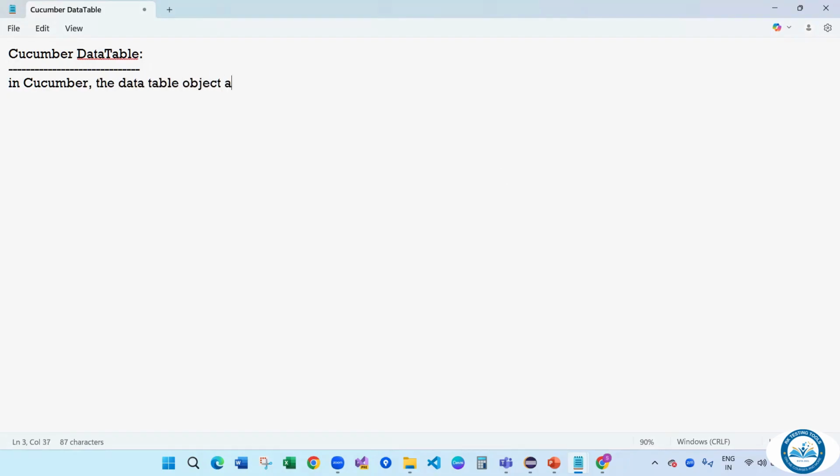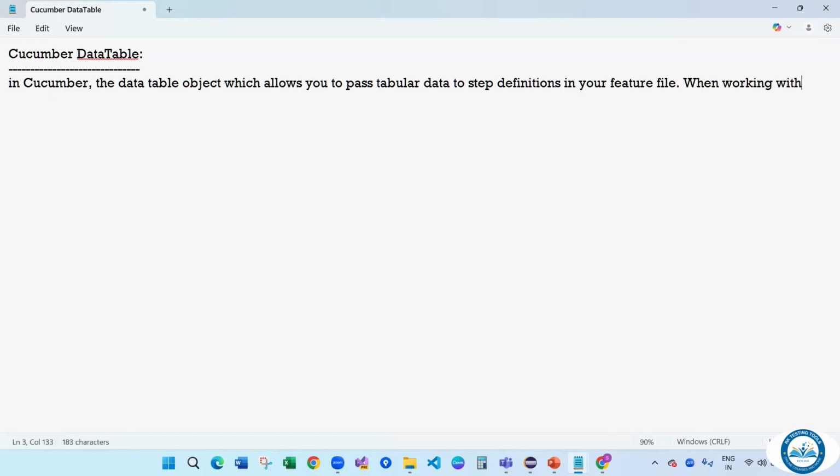It's an object which allows you to pass tabular format data to a step definition. Okay, not the entire scenario, only a specific step. It is passing the test data in your feature file. So when you're working with this concept,